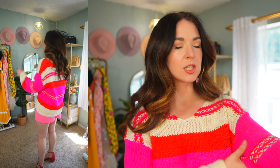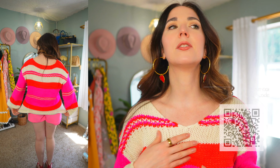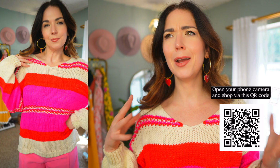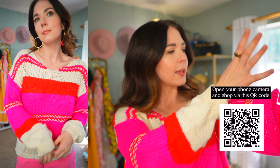I think this is such a fun, graphic sweater. It's really, really soft, and it's pretty lightweight. It's not like a super thick knit, but it's also not as thin as some of my other more lightweight sweaters. So I would say a light to medium weight knit, but it's just this really fun graphic, pink and red stripe. It would have been so perfect at Valentine's Day, obviously, but I love the combination of